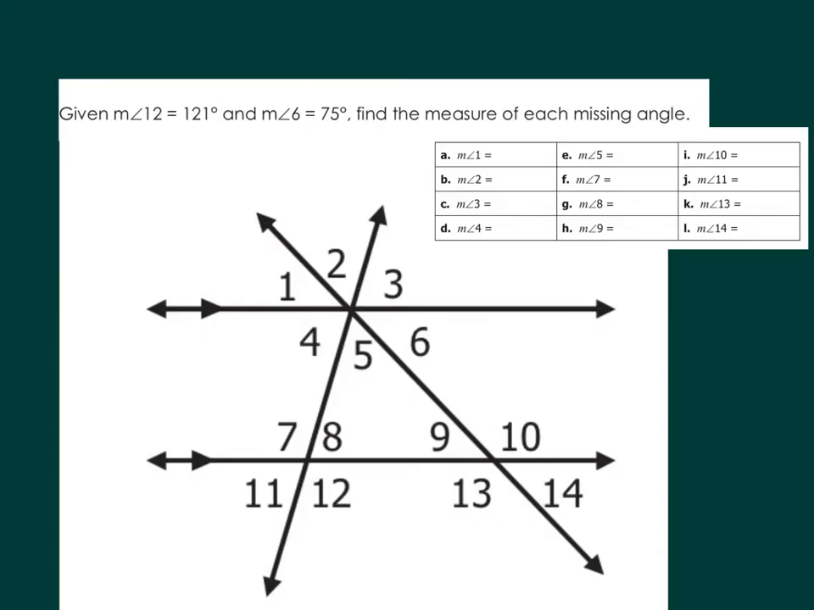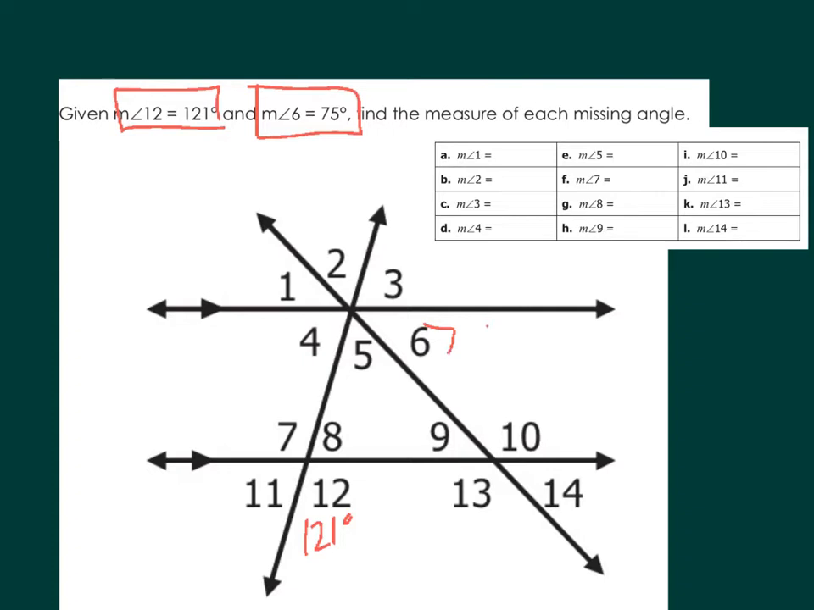This is example 4, and the two pieces of given information we have in example 4 is that the measure of angle 12 is 121 degrees, and the measure of angle 6 is 75 degrees. And then we want to be able to fill in this whole box of information. So let's just nip away at it a little bit at a time. First, let's put our given information in. 121 is here,